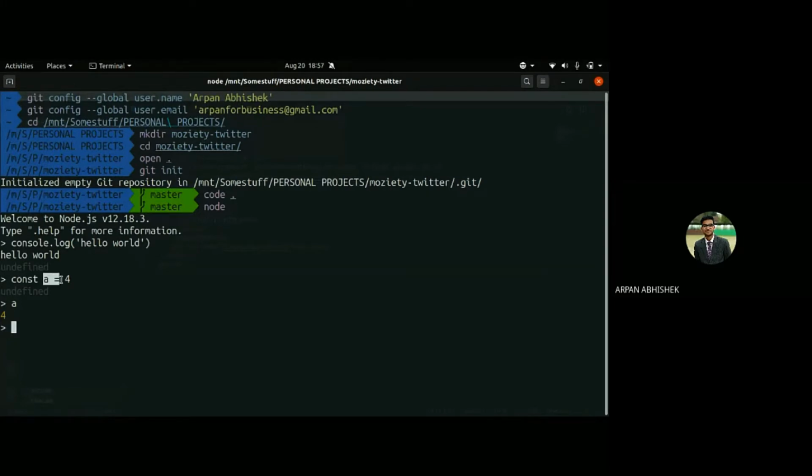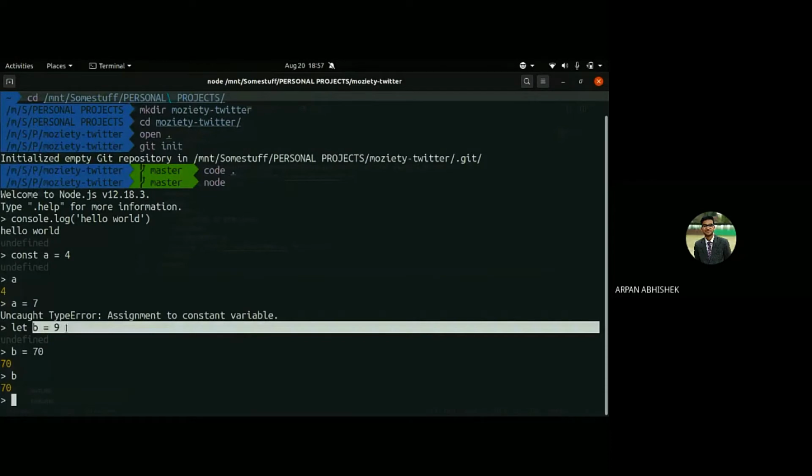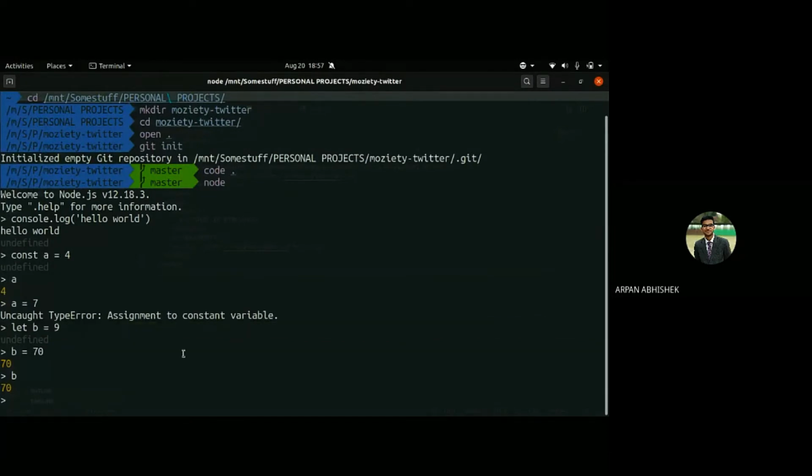It will basically declare a constant variable, and later, since it's a constant, we cannot change its value. And we have another, let, like we use in maths. Here we can use let, and what this does is we can change the value of the variable later on. Okay, so now it should first be defined as 9. So that's just the Node environment.